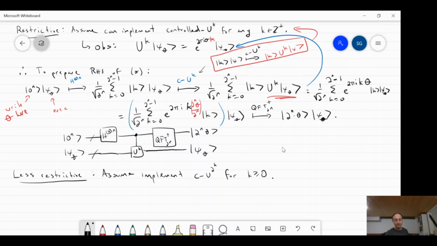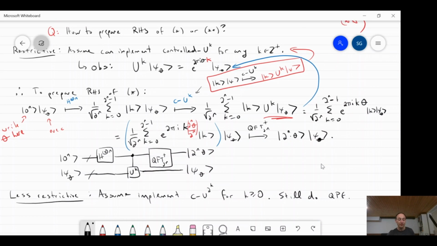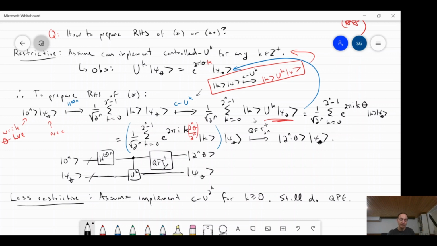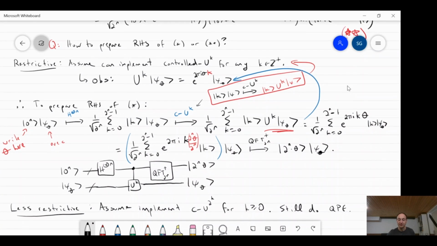Okay, so it turns out that we can still do quantum phase estimation. And I'm not going to sketch it now in the interest of time. The idea is quite similar to this, except the one main difference is that